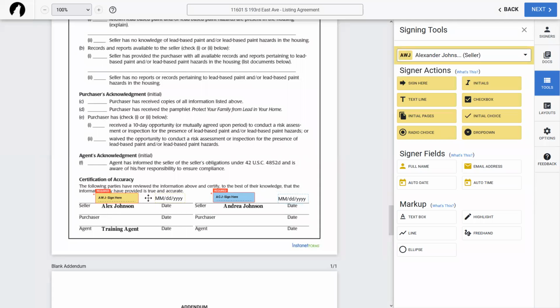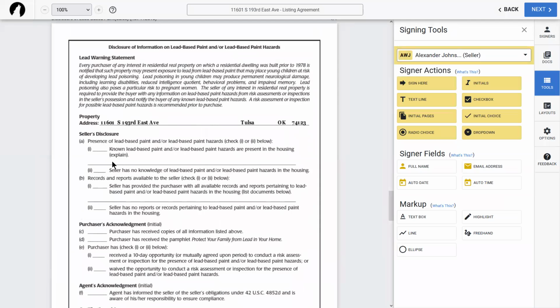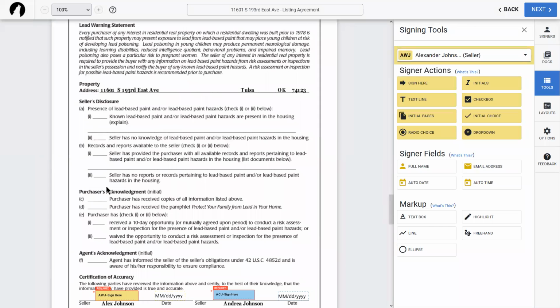But we've got some information put in here. Let's say that we wanted to make sure that the sellers are actually the ones that are filling this information in. We can do a couple different options on here. So we've already got the signature blocks put in. Let's say that I wanted to do a multiple choice option. So for instance, if I have the known or has no knowledge options, I can drag this radio choice.